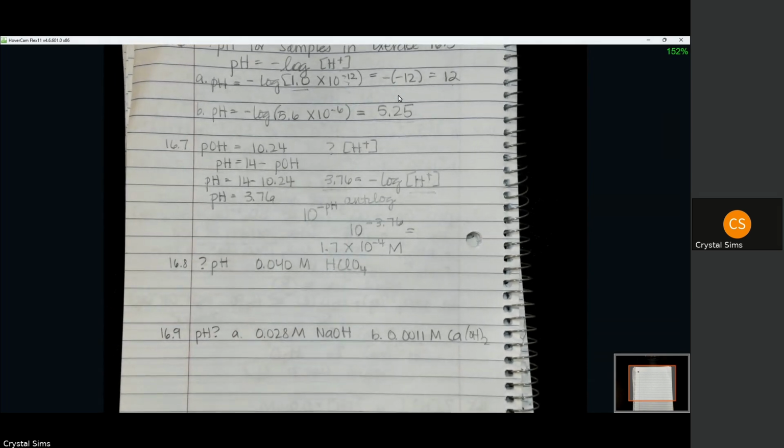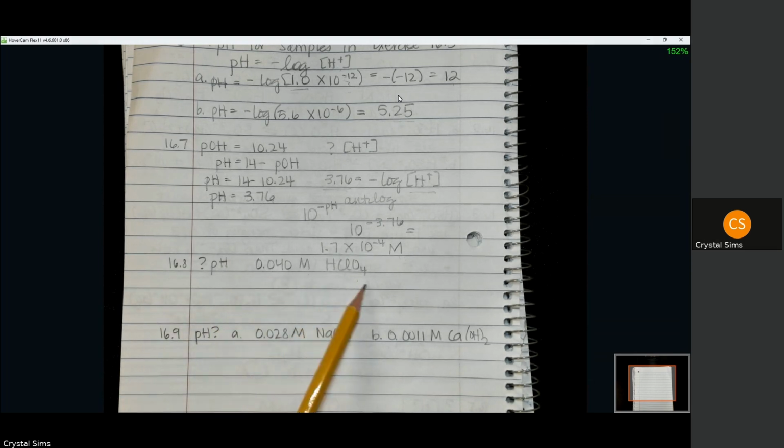Now, moving on to 16.8, what is the pH of a 0.040 molar solution of HClO4? Now, when you are asked to calculate pH of a particular molar solution, and we're going to look at 2 of these, 16.8 and 16.9, the first thing we have to do is determine, is this one of our strong acids or strong bases? Now, on page 684 in your book and also in your notes, you have a list